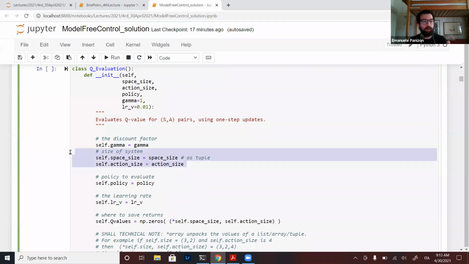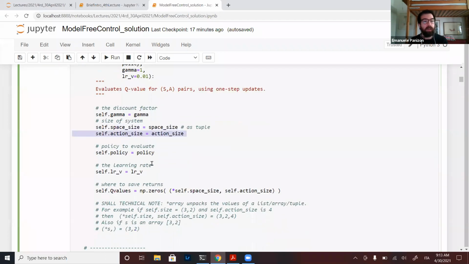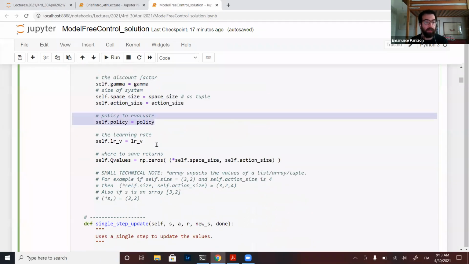I'm asking for the system size. Now, while the value had the same size as the state, now we have a size which is the state multiplied by the action. So I have to have both the state space size and the action space size. I'm getting the policy because I'm trying to evaluate the policy, so I'm asking for that as input.